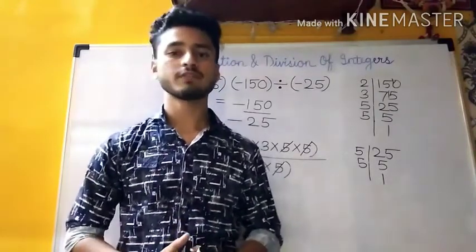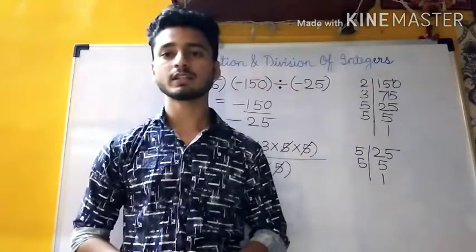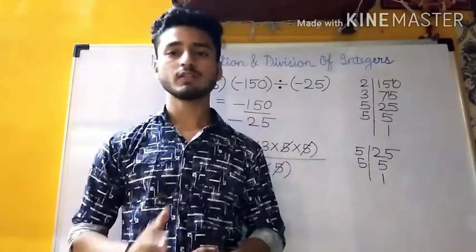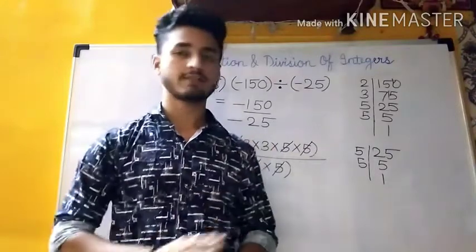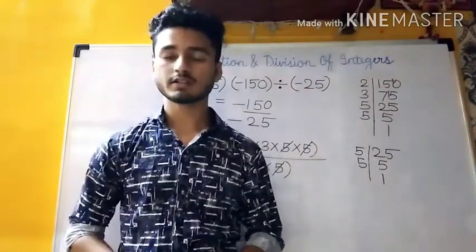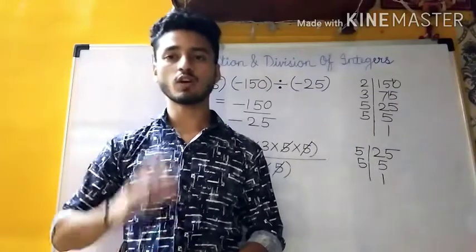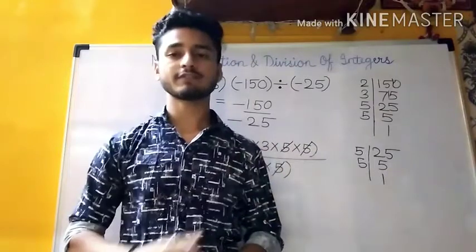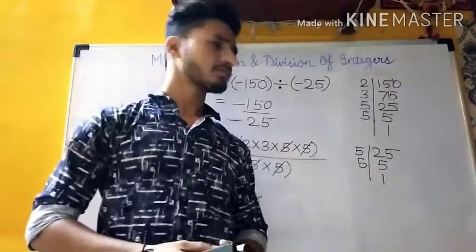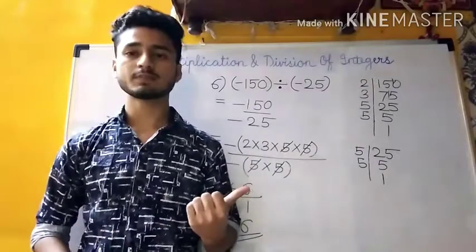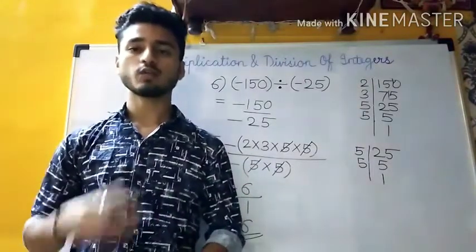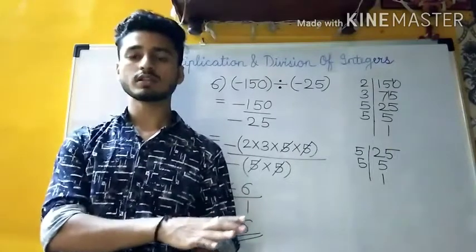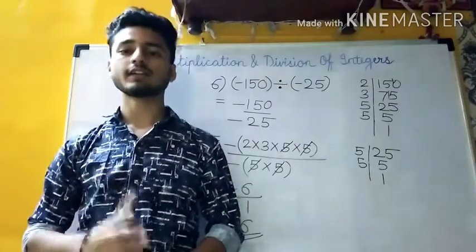The tough part which you will face is finding the prime factors. So I request all of you to solve as much as possible. Okay, practice a lot of how to find the prime factors. If you have not understood how to find the prime factors, please watch the previous videos of indices where I have taught how to find the prime factors in detail. Okay, one more thing is that you will solve these sums in your activity book first, and once I share the notes on WhatsApp, you can cross check your answers with the notes, and you will understand whether you have done it right or wrong.